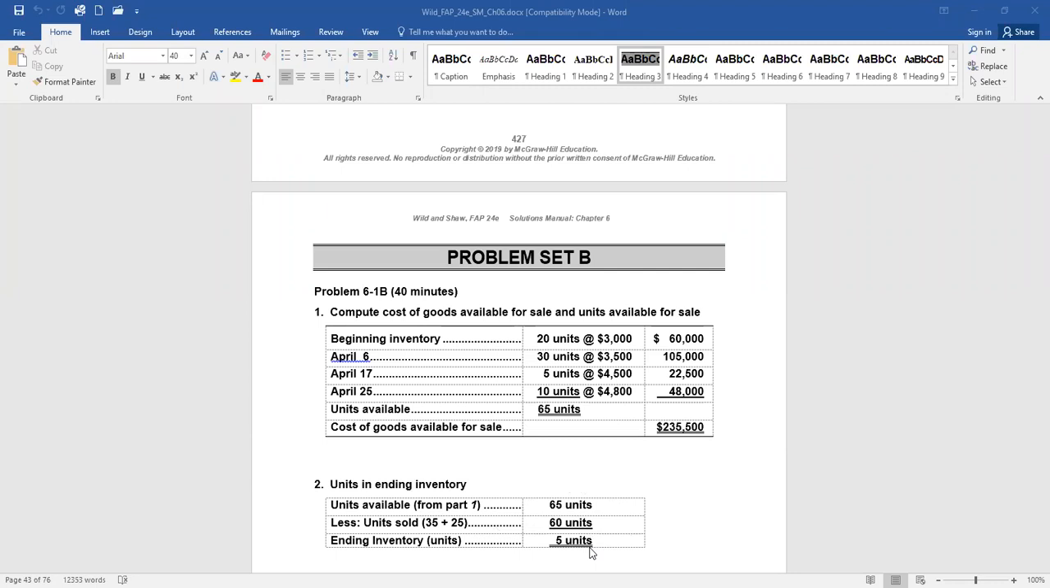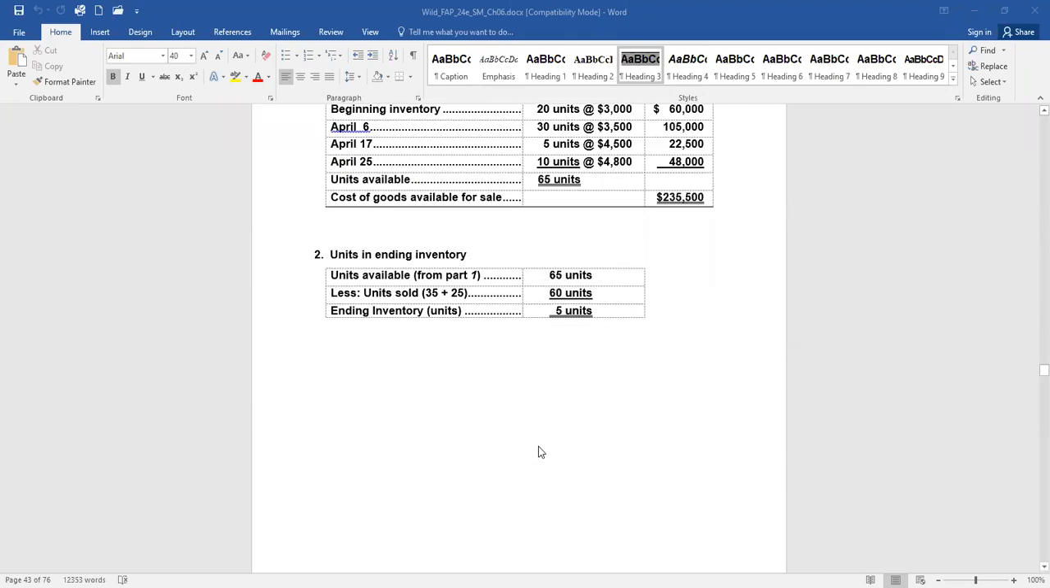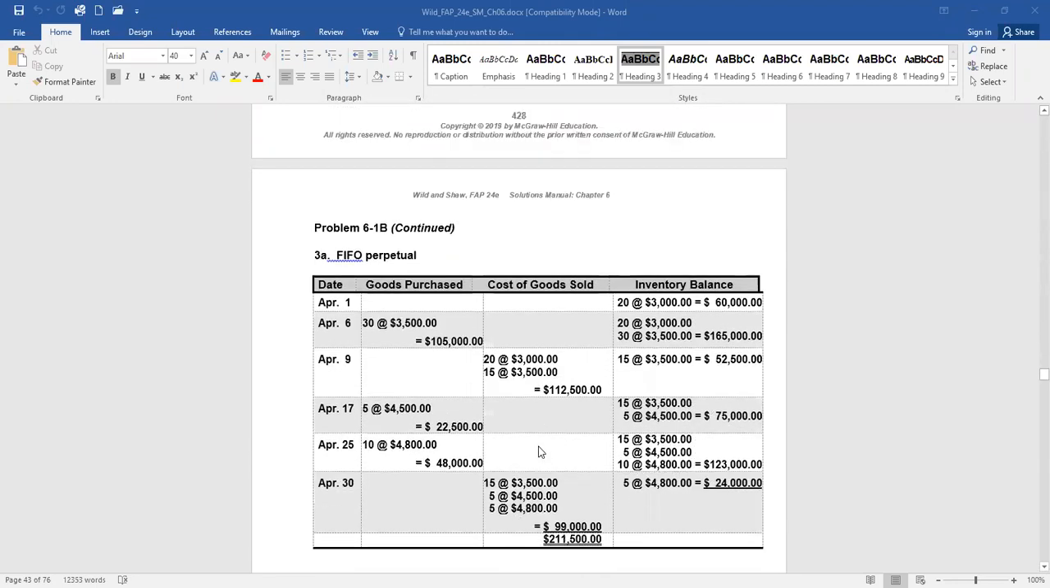Now in requirement 3, it says now assume that when the company sells a coffee cup, they remove the first ones in inventory first. First in, first out. So let's take a look. This is a perpetual inventory record. We've seen it before. We have 3 main columns. Well, really 4. Date,